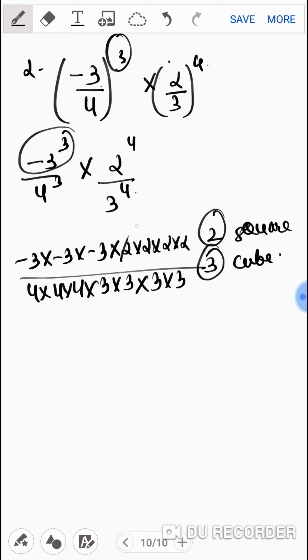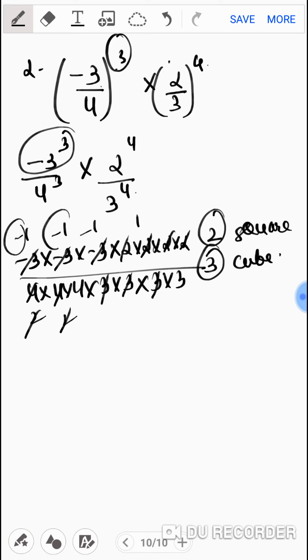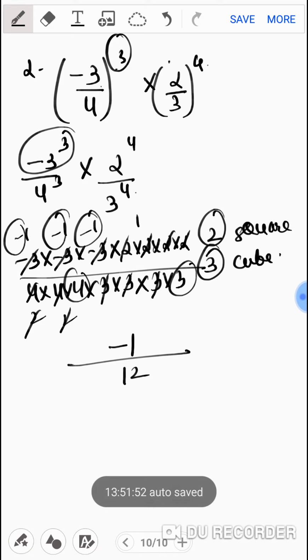Now what you will do? Reduce. 1, 2, cut. 1, 2, cut. Getting my point? Now you can also cut this. It will be minus 1. Cut this. It will be minus 1. Cut this. It will be minus 1. So above you will notice that you have minus 1 into minus 1, plus 1. Plus 1 into minus 1 will be minus 1. And down you have 4 and 3. That becomes 12. My dear kids, got the point clear? So the answer is minus 1 upon 12.